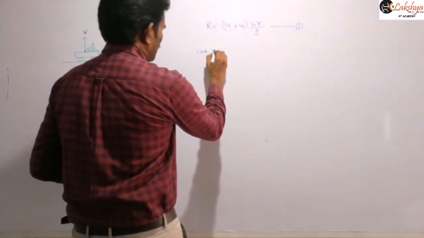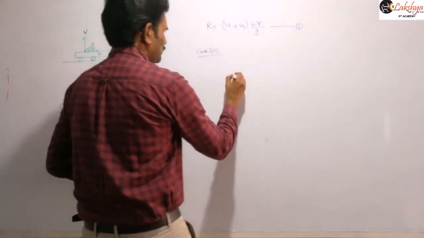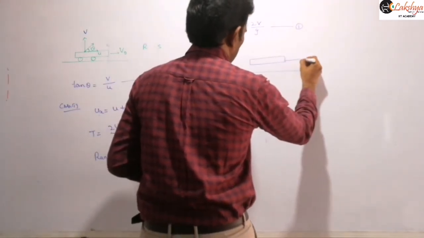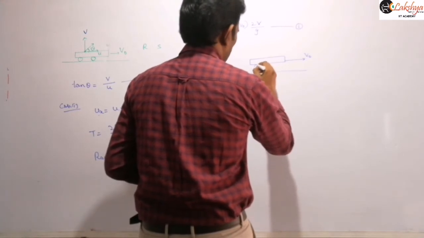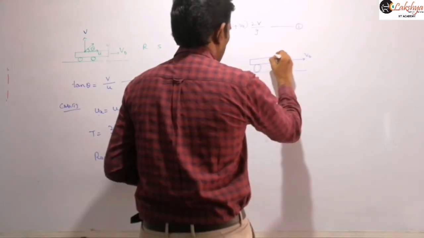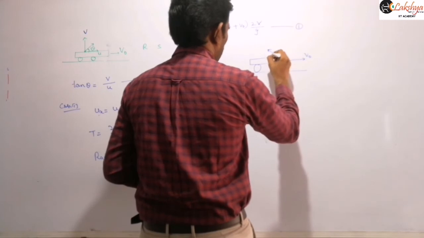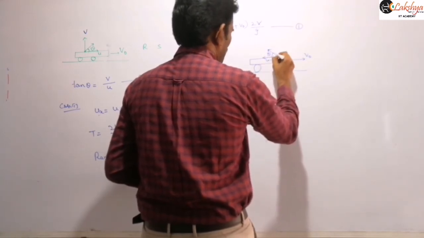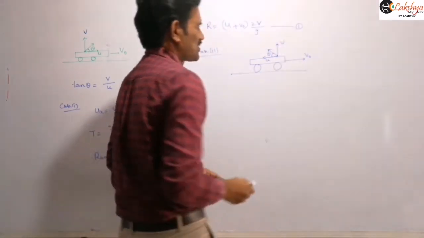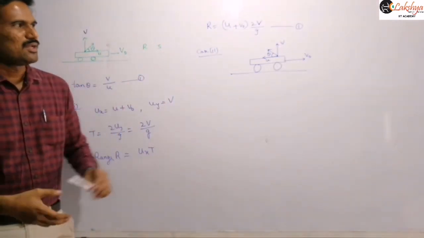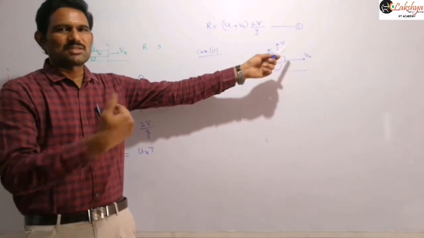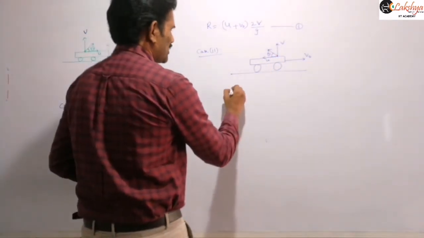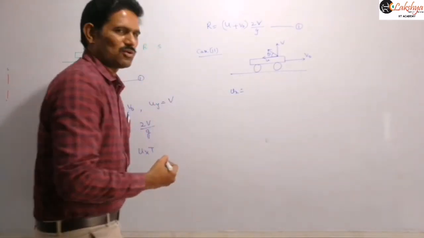So next let us see the second case, in the sense when the object is projected backwards. It is having velocity V naught. So the truck is moving like this and now we are projecting this object like this at some angle theta. Again we consider these components, because the object is projected with the same speed and at the same angle. So these components will remain the same, just the direction of the horizontal component will reverse. Therefore in this case also I am writing the horizontal and vertical components.